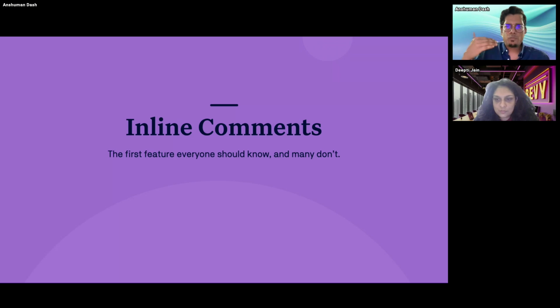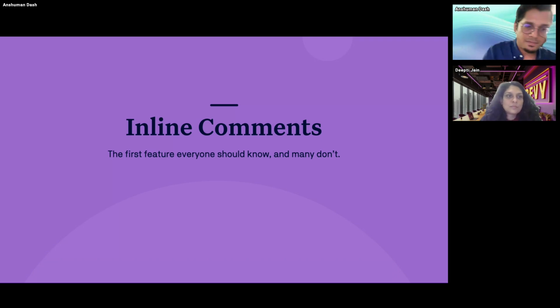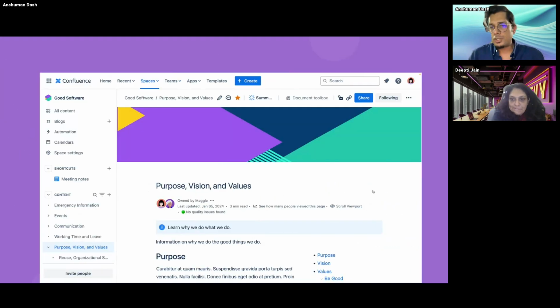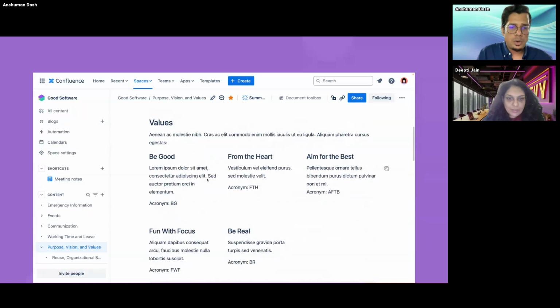So if we want to get started with Confluence and really use it well, inline comments and comments in general are the first thing to go for, to bring in everyone on your team. Write that blog post, write that PRD, have that meeting note and make some decisions. But bring in collaborators, just select some text, at-mention people, and there you go,